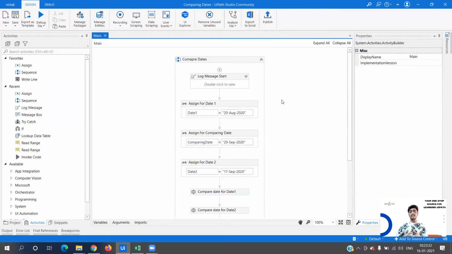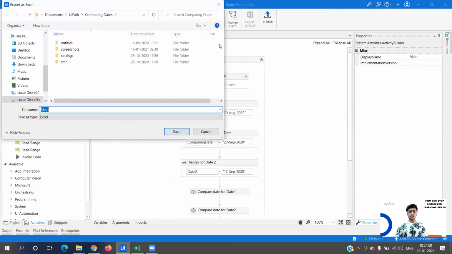Now Export to Excel is a feature which basically exports your complete workflow into an Excel file. How it does that is happening in the backend, but once it is exported in Excel, it gives you the complete hierarchy of the workflow, the if conditions, the assign statements, what the properties of the assign statement are, which have been set to true or false in UI automation, etc. So when you click on Export to Excel, you just need to select the location where you want to save the file.